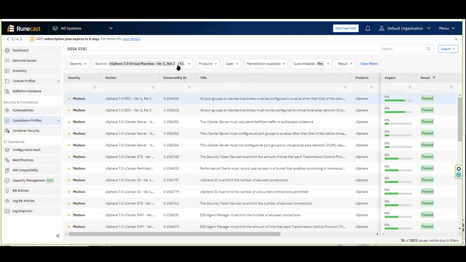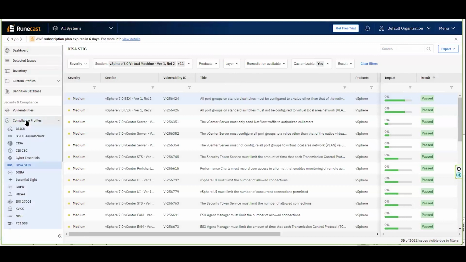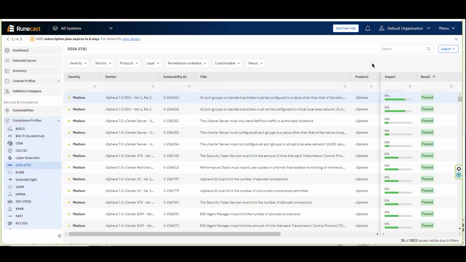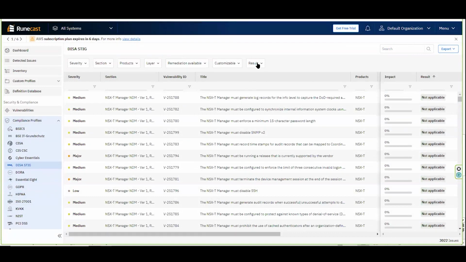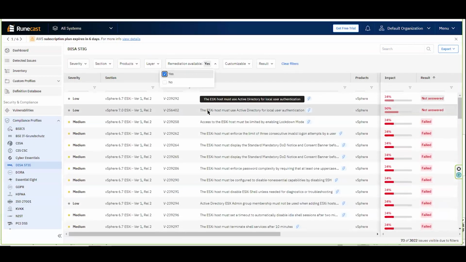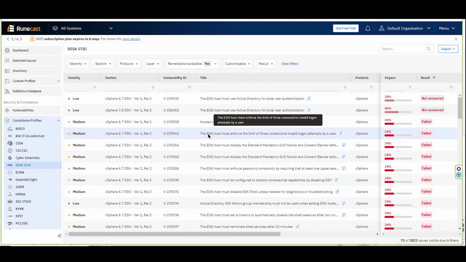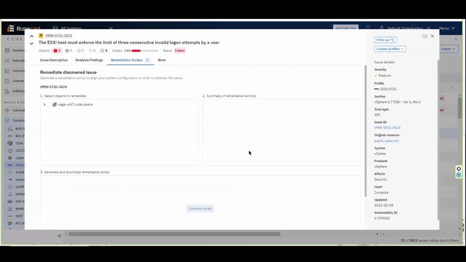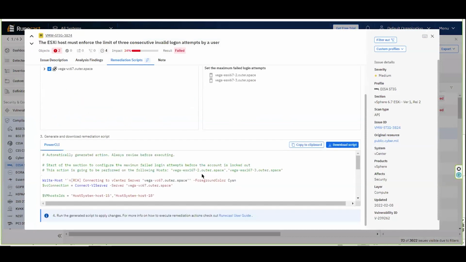The other thing that we have within the product are remediation scripts. So let me just come back to all of STIG compliance. I'll clear these filters. And I can select where we have some remediation scripts. These are auto-populating remediation scripts. They will self-populate with the correct names of the objects within your environment. So where we have a remediation script, you can select exactly where you want to remediate, and you can